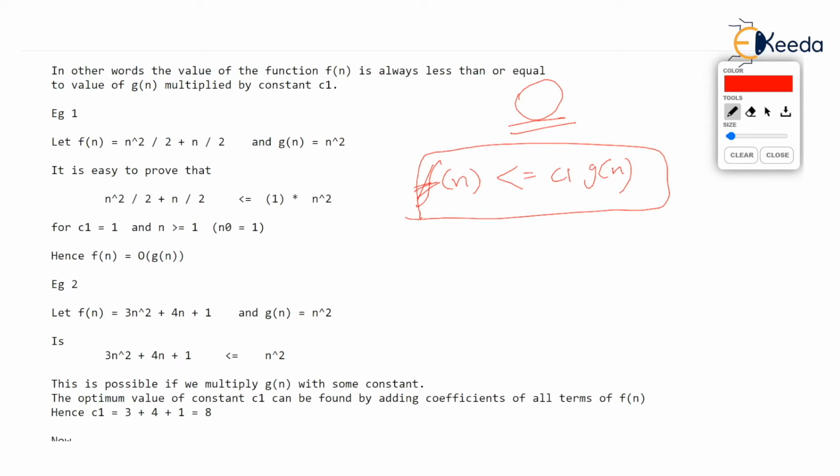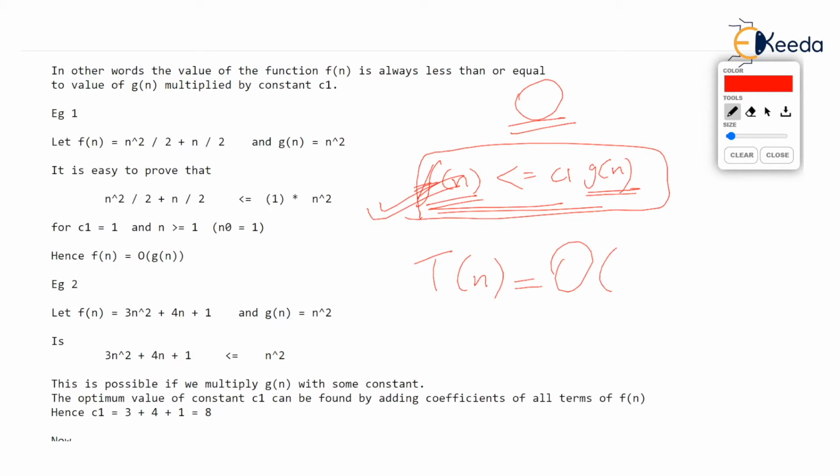Why don't we simply write this? Yeah, I fully agree. We can write this, obviously, but when it comes to analysis of time complexity of algorithms, mostly we are interested in telling what is the relation between f(n) and g(n) as far as their degrees are concerned. Is f(n) lower than a function whose degree is 2? Is f(n) lower than a function whose degree is 3?